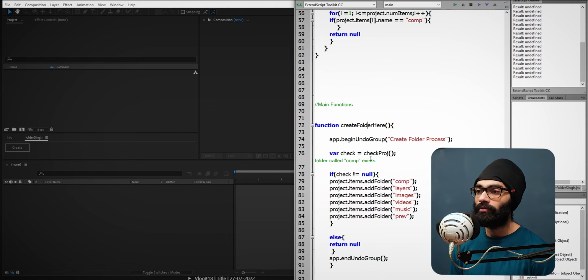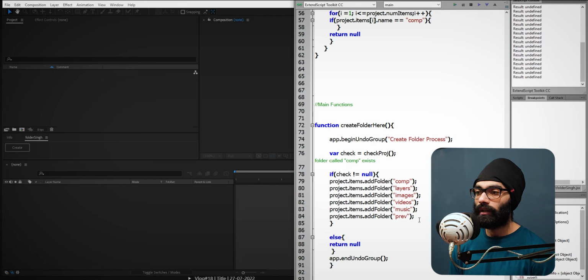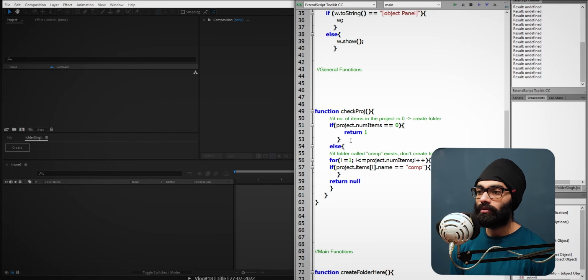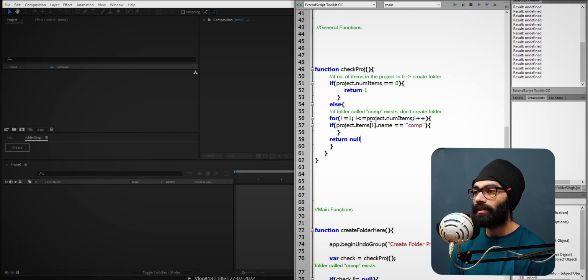Now inside create folder here, if check is not equal to null, that means it is returning something. That means if number of items is 0, then you create these folders, and else just return null. So else means that it is returning null, which means that there is a folder called comp. Now this is apparently how it should work, but